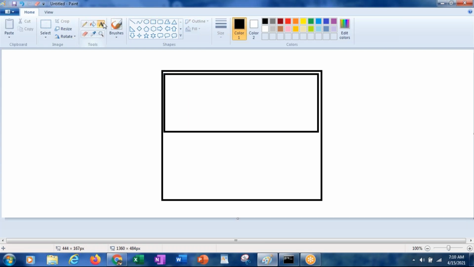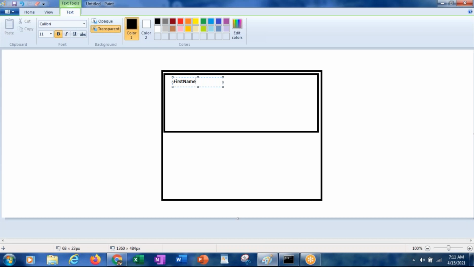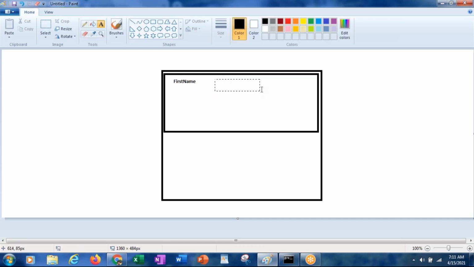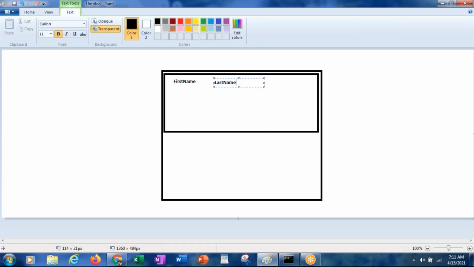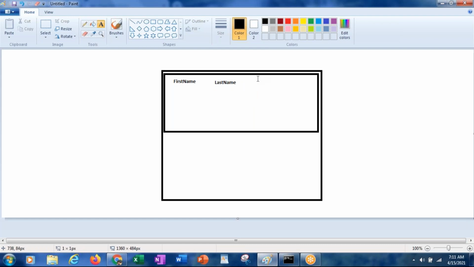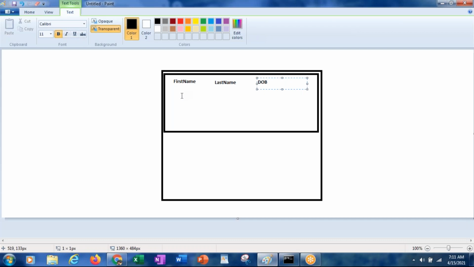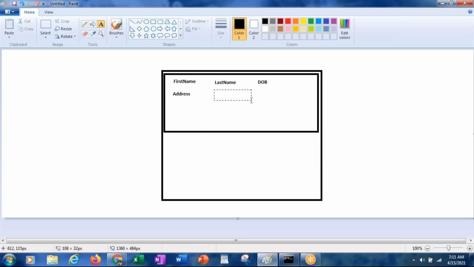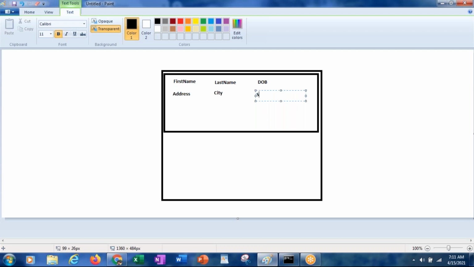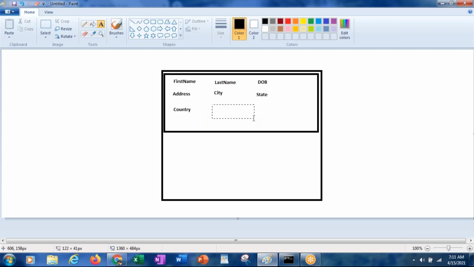In the layout we placed the properties: first name, last name, date of birth, address, city, state, country, and zip code.